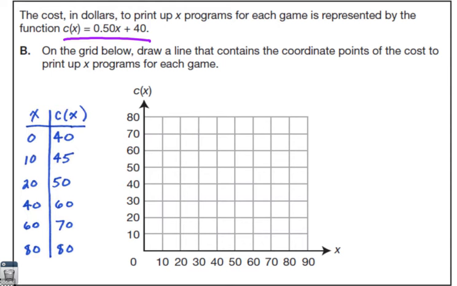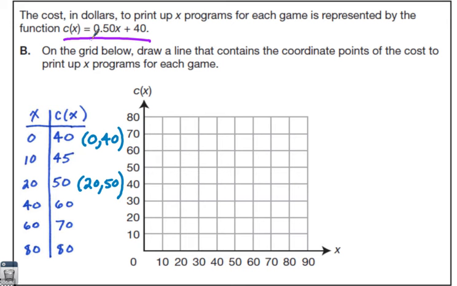And then you'd have a bunch of points. Let me just clarify that this would be 0, 40, for example. And this one would be 20, 50. And all of these points would be on this line you're supposed to draw. That's one way to do it, pretty good way. But you could also